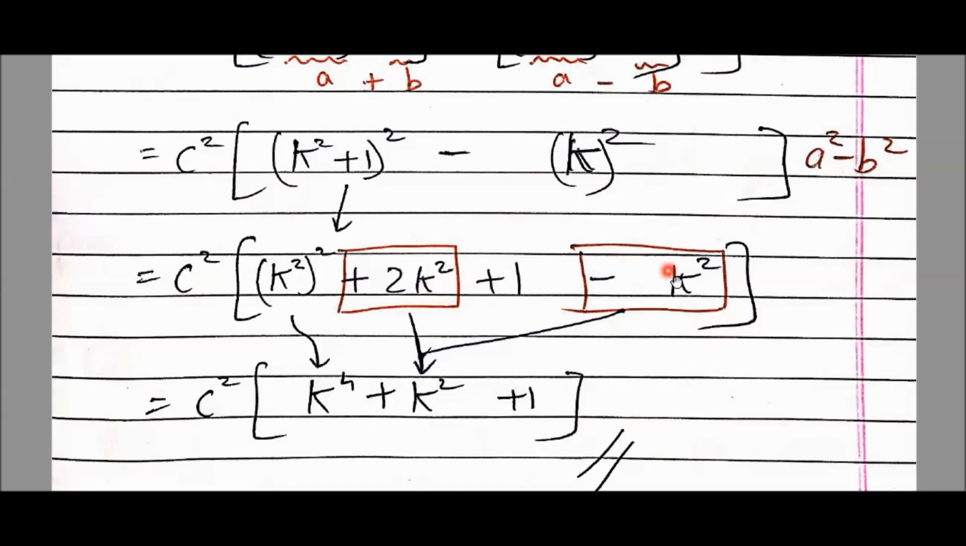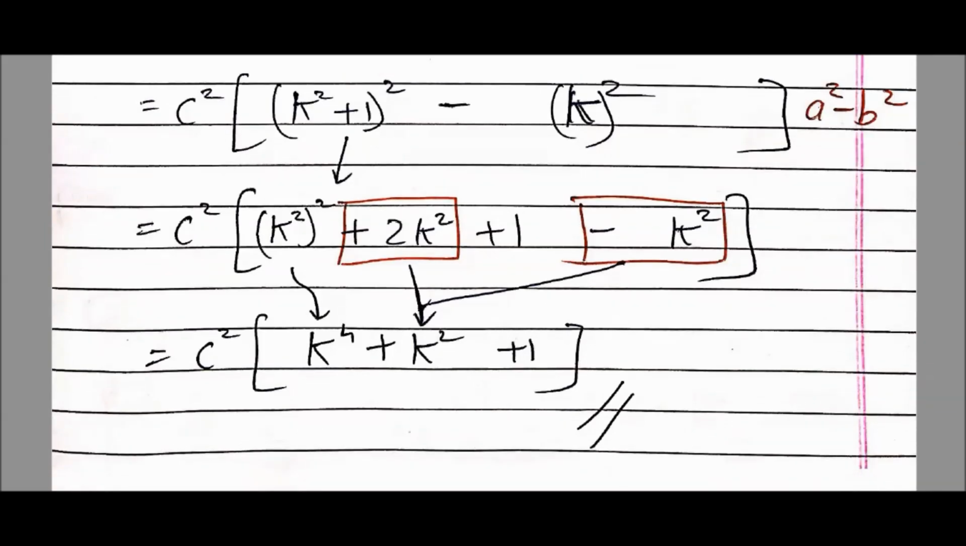Now you can see two red boxes. यहाँ पर है 2K square and here it is minus 1K square. 1 है, तो 2K square minus 1K square is plus 1K square, which is C square is equals to K raised to 4 plus K square plus 1. So students, what is this? We got the answer and this is our